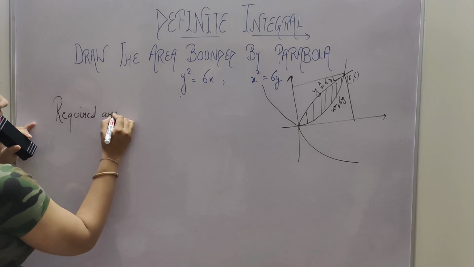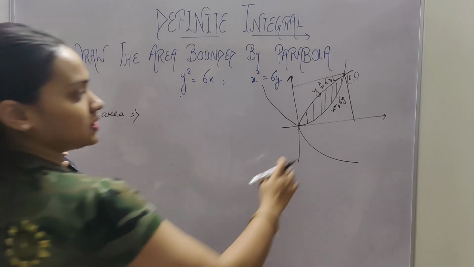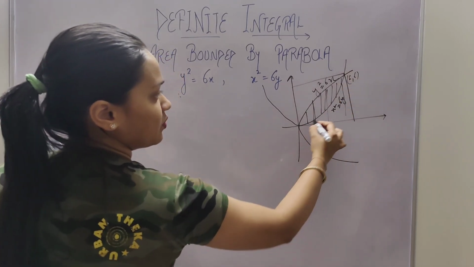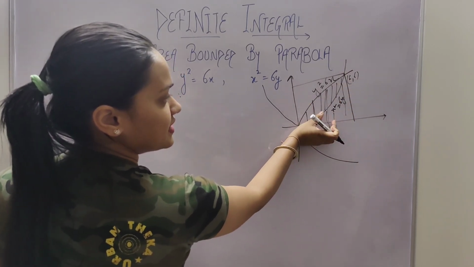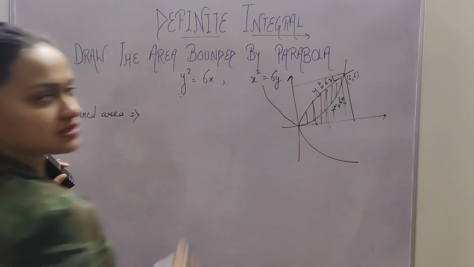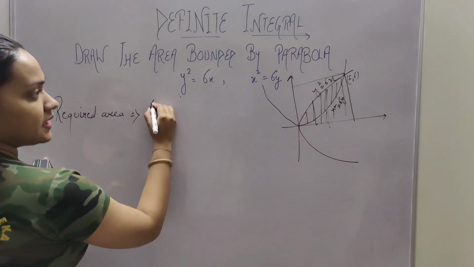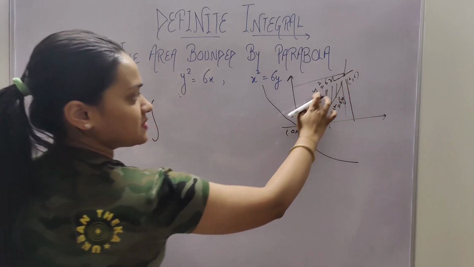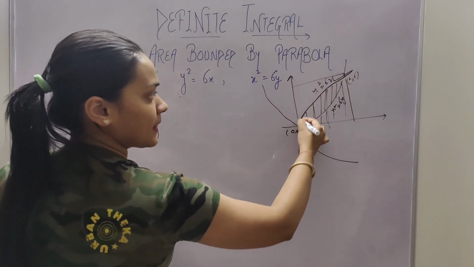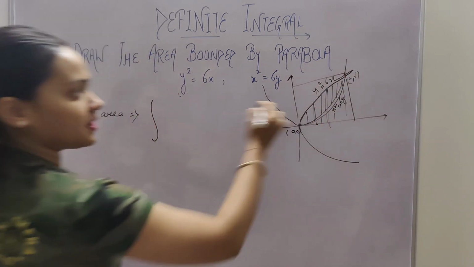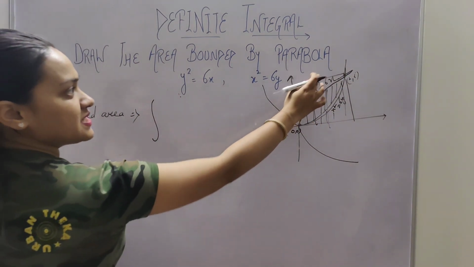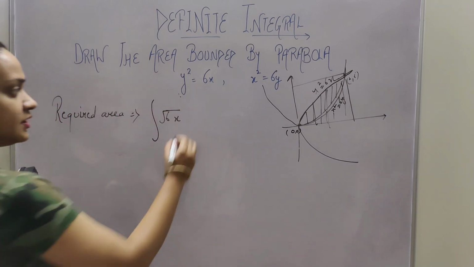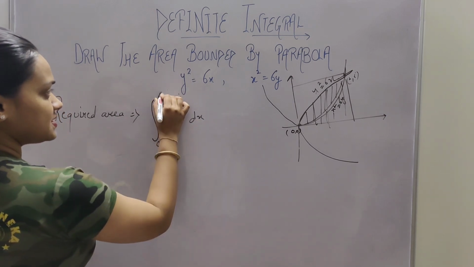Required area is equal to this parabola's area minus this parabola's area. If this area is deducted from this, here comes this much. So the area from 0, 0 to 0, 6: this parabola minus this parabola. So y square is 6x, root 6x dx from 0 to 6